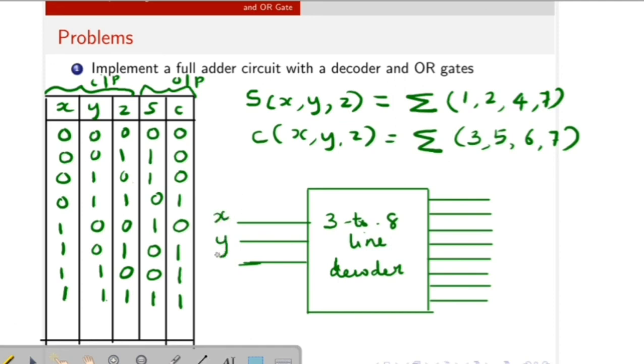Here X, Y, Z are the inputs and the outputs are D0, D1, D2, D3, D4, D5, D6, D7.